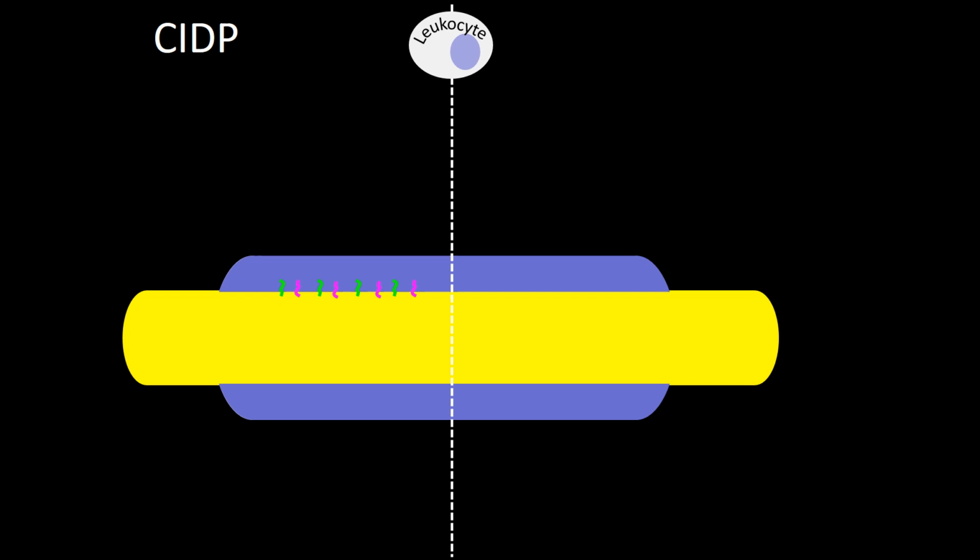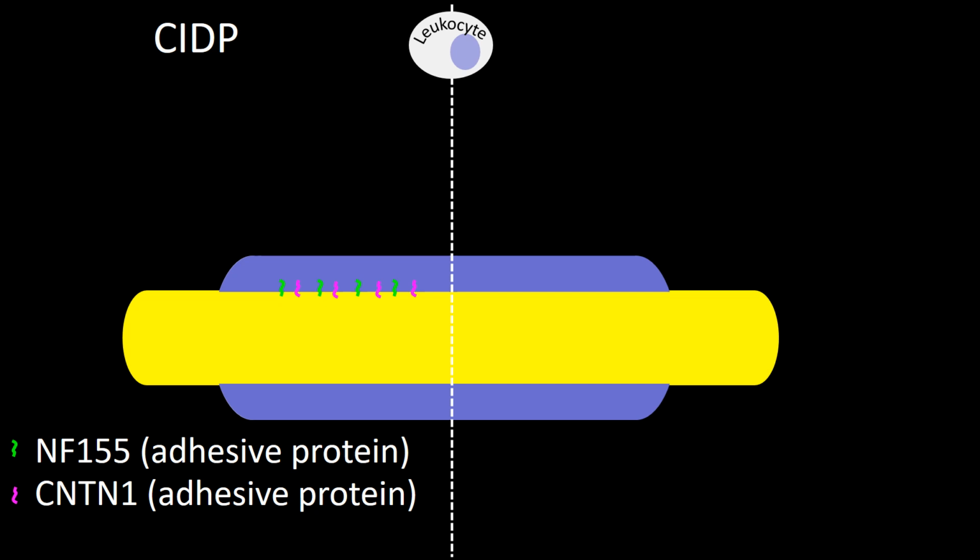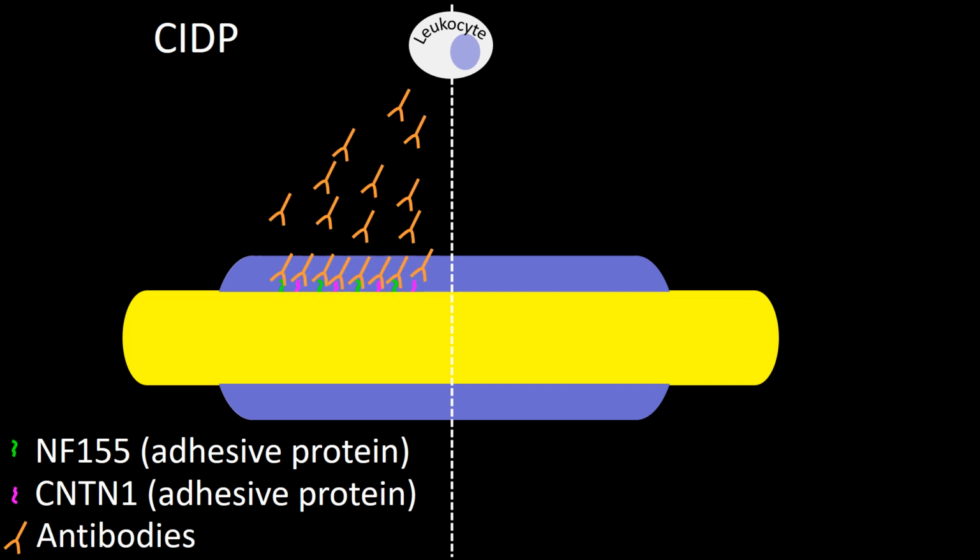The green one is called NF155. The magenta one is called CNTN1. It is against these proteins that antibodies are generated in patients with CIDP. Now I'd like to call your attention to the other side of the line. In case of GBS,